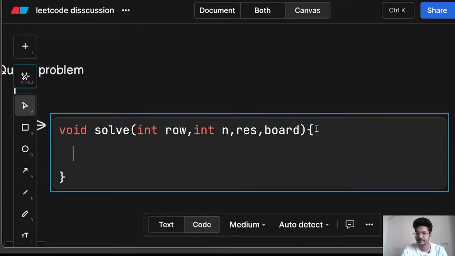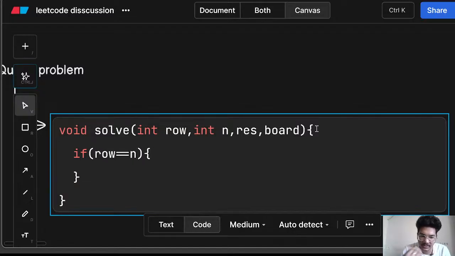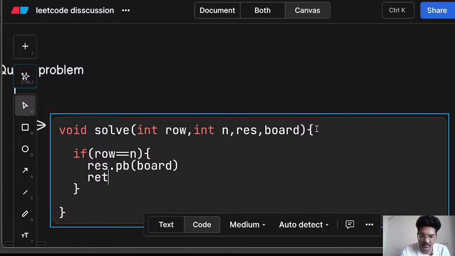Okay, if our row becomes n, in this case we understand that we reach the end of the rows and we have to return the answer. So in this case we have to return the board, and return. Finally we have to return. Okay,